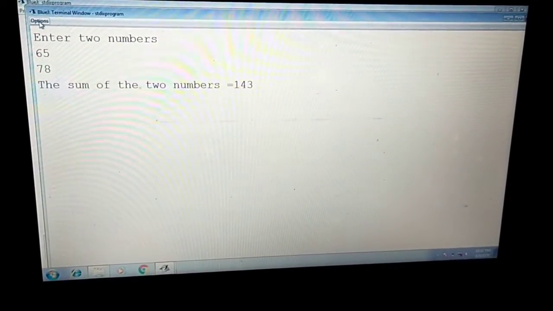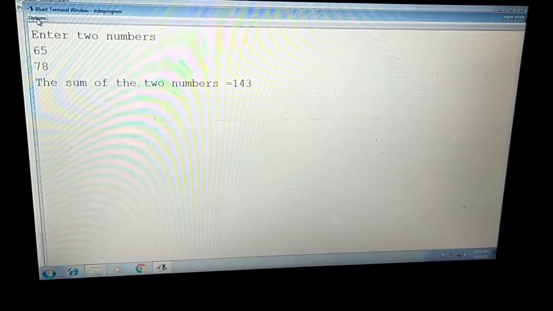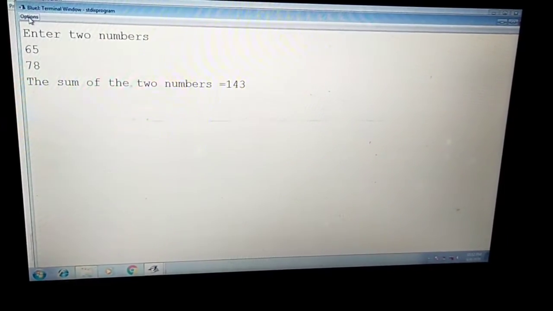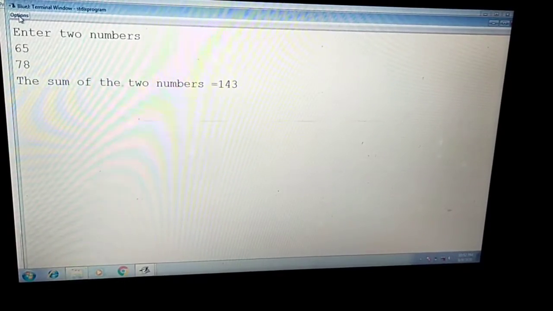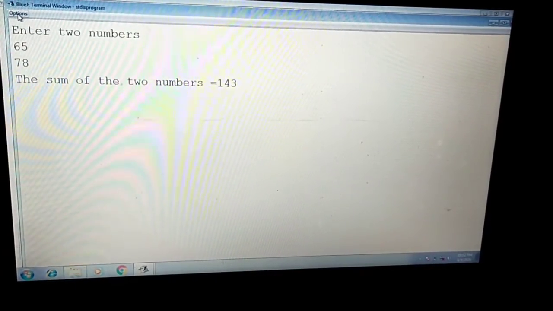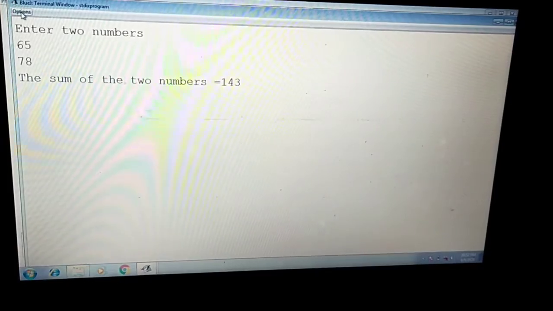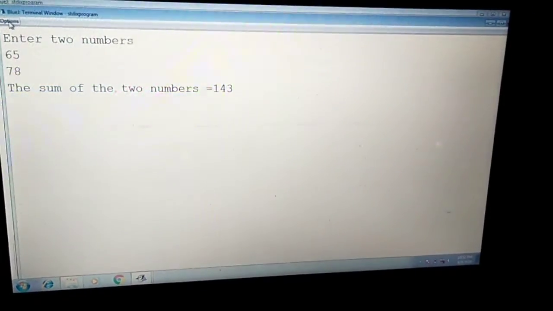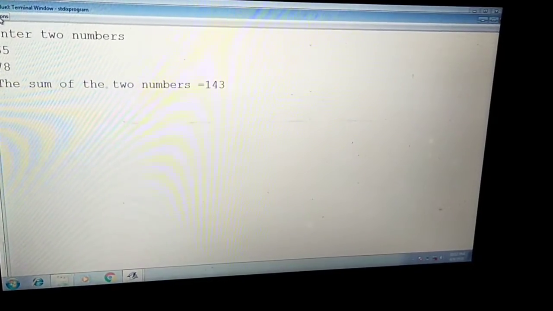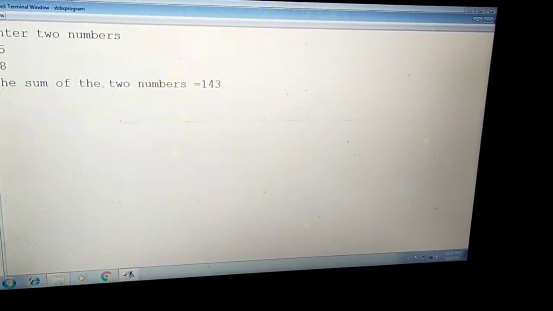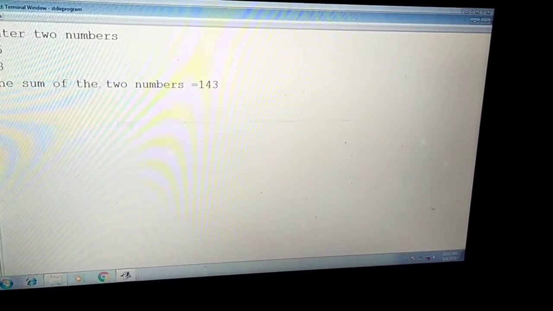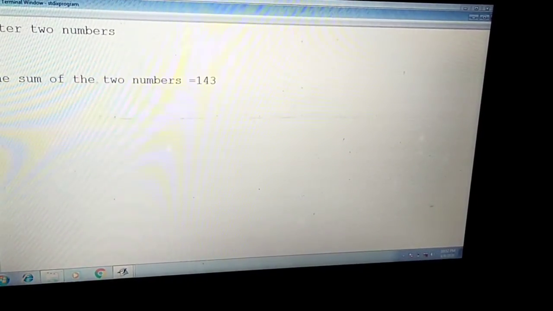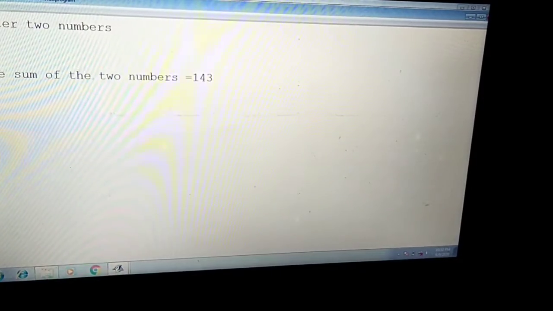I think this second program, which we have done with the Scanner class, is more friendly for us, because step by step it will help us or guide us how to enter, what to enter. So if you have written the program and somebody else wants to execute it, then it is not difficult for them, because it is self-explanatory.